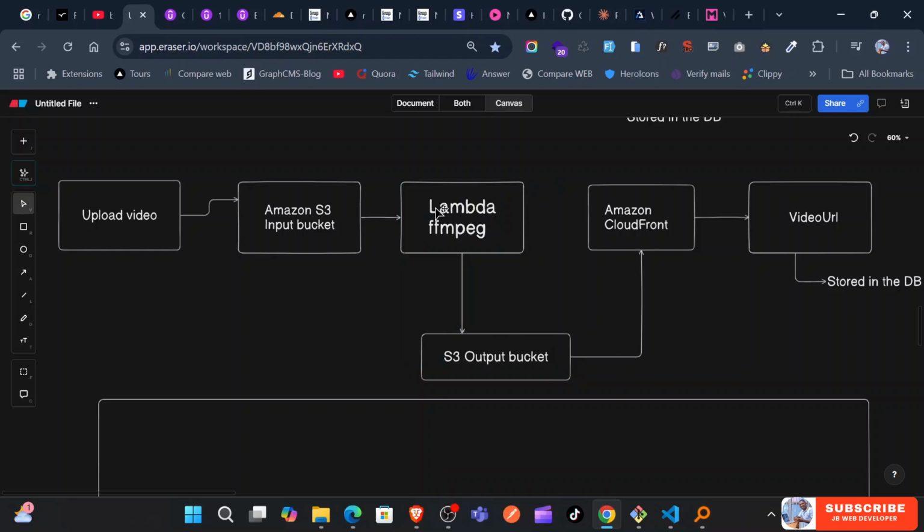So it processes this, it puts it in the output bucket, and then the output bucket gives it to the CloudFront. CloudFront gives you the video URL that you're going to store in this. Okay. Now I wanted actually to go this route, but because I'm not so much